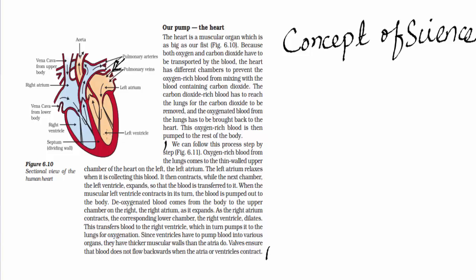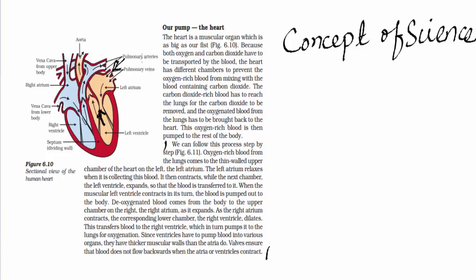After that, the left ventricle contracts, and when it contracts, there are valves which close. This valve closes and this valve opens. Look at the construction of this valve. When there is a pressure from this side, this valve closes and this valve opens. These valves are made like that. So when there is a contraction in the left ventricle, this pushes blood, follow this arrow, to the aorta.